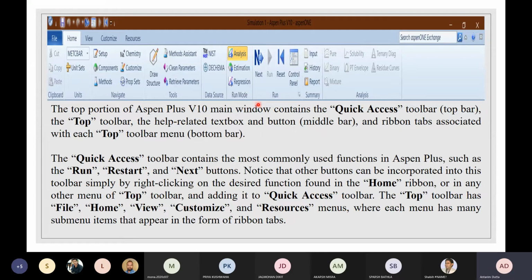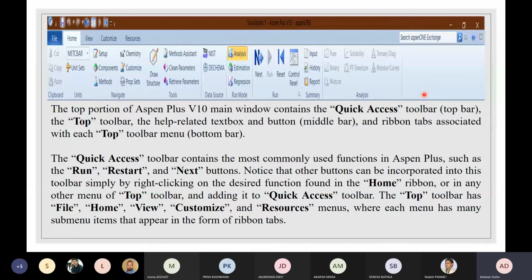It's very easy to analyze the things which are present over here. It's not that you will wonder how you will understand what to do with this thing. The words which Aspen uses to define those things are very easy, so it's not very difficult to understand. The more you practice and play with it, the handier it will get for you. For the time being, I will not explain this thing, but when we come back to the simulation or the property analysis part, I will tell you what this particular thing will do and how you can do these things.